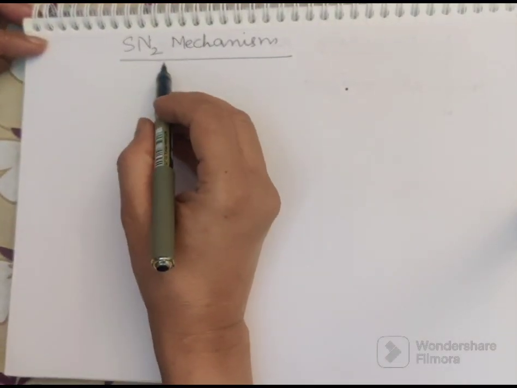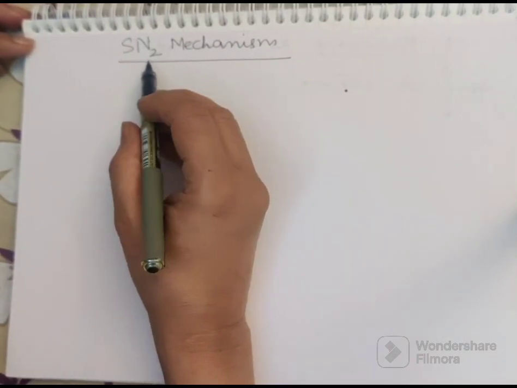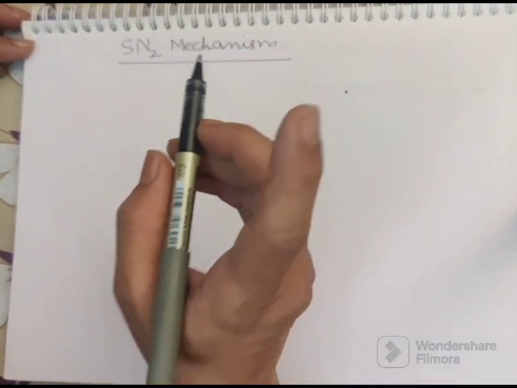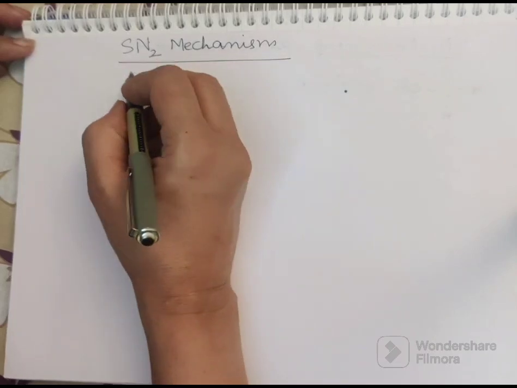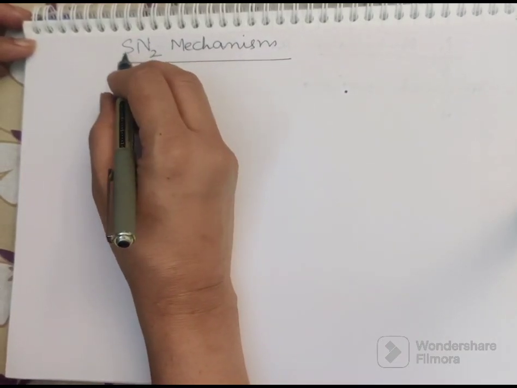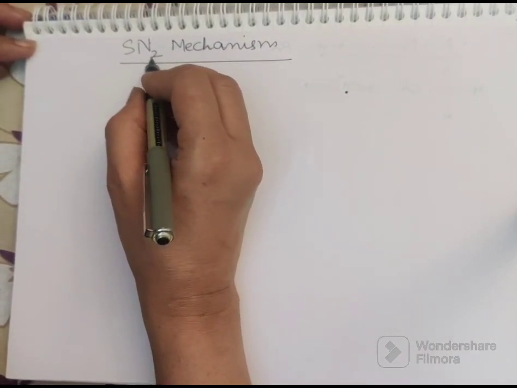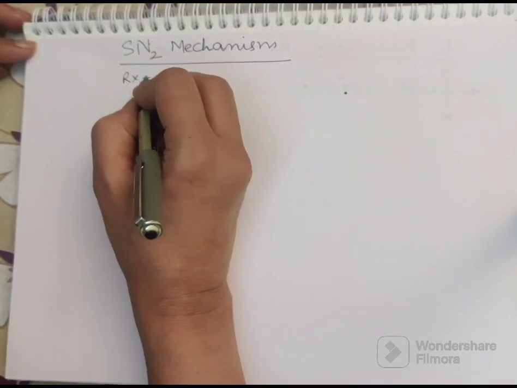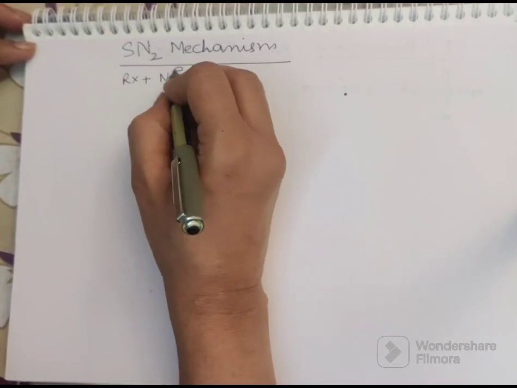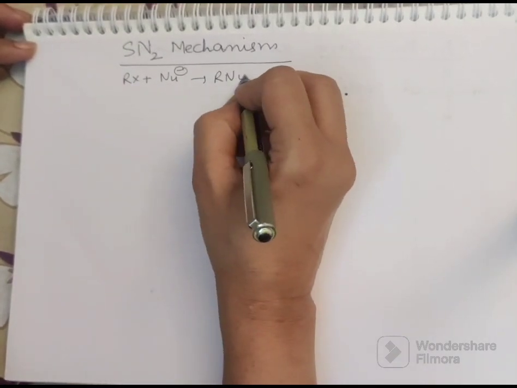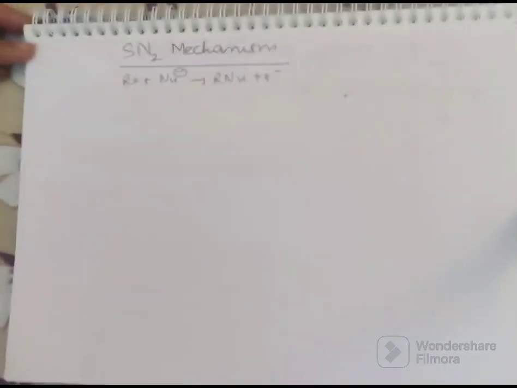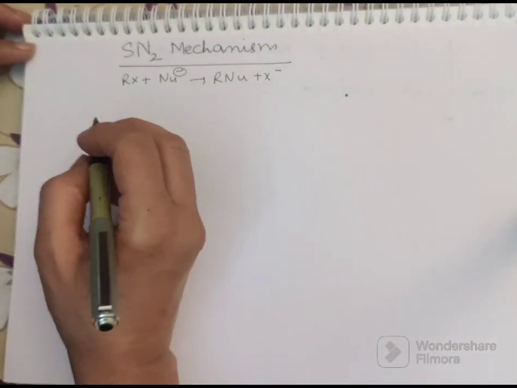Let us understand the SN2 mechanism first. SN2 mechanism takes place in 1 step. What is SN2 mechanism for? It is nucleophilic substitution bimolecular, in which a nucleophile attacks an alkyl halide and we get this. How does this happen in SN2 mechanism? It takes place in 1 step, which means